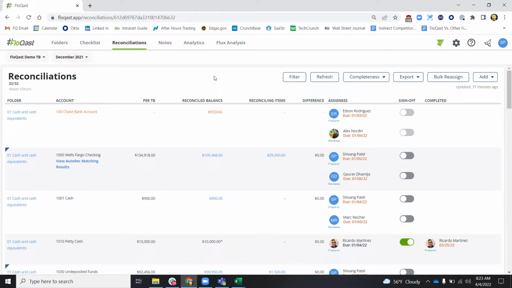So controllers will use our perm file feature to document the overall reconciliation policy, strategy, and process by looking at a few different variables, maybe the type of GL account, transaction volumes, the level of risk, and the reliance on third-party data for IPE testing. FloQast provides a place to capture all of this and ensure consistency and continuity as an organization continues to